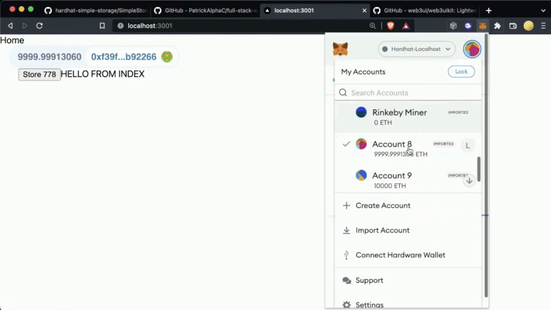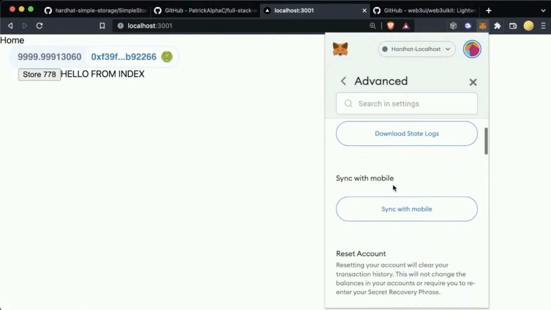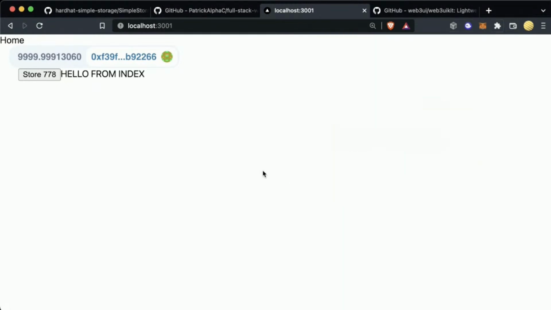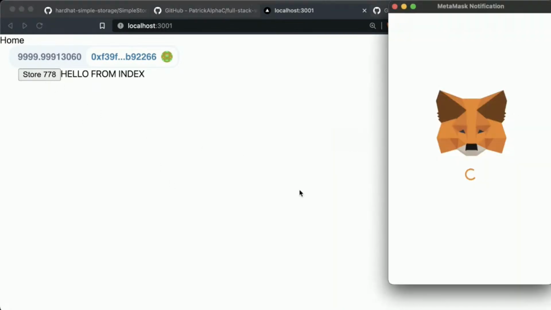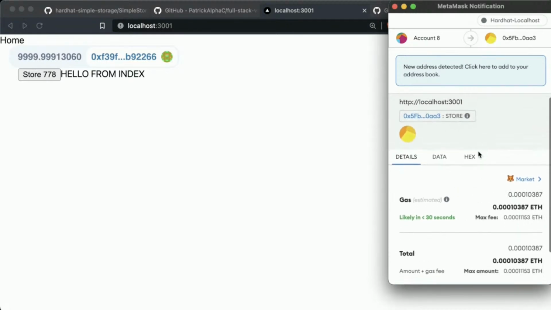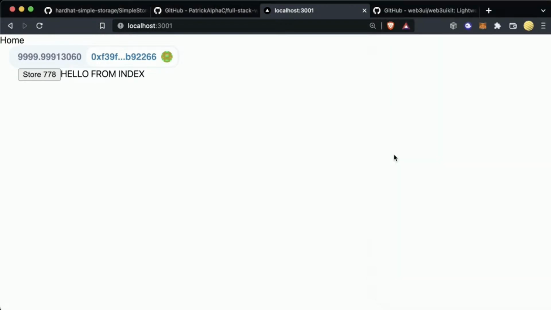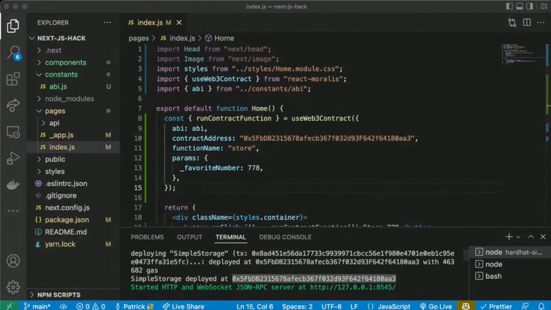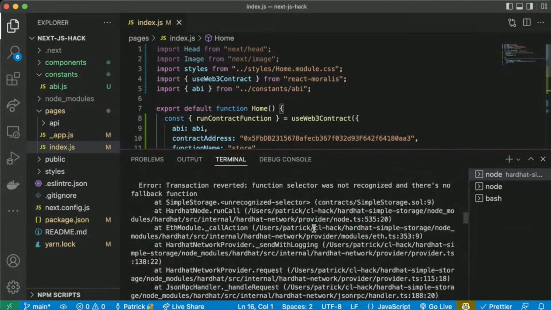So I'll do a little refresh just to make sure I didn't screw anything up. We're going to reset our MetaMask account. Now I've hit store 777. MetaMask pops up. We're calling a store function on our contract address. Click confirm, and bada bing. It has now gone through, and now we have stored 777 on our node, or 778. So if I scroll down,